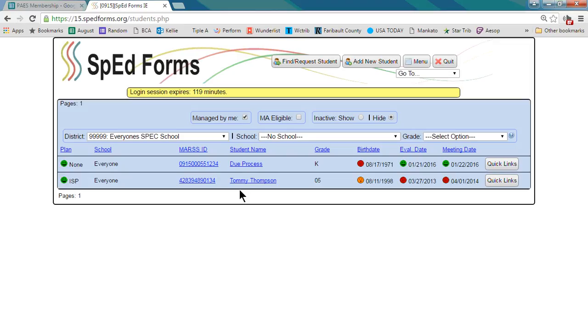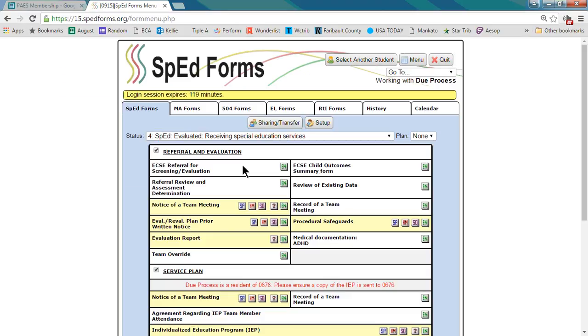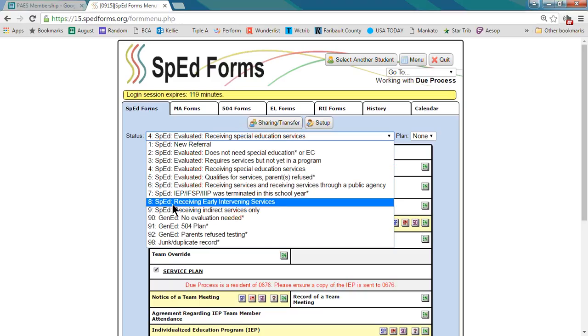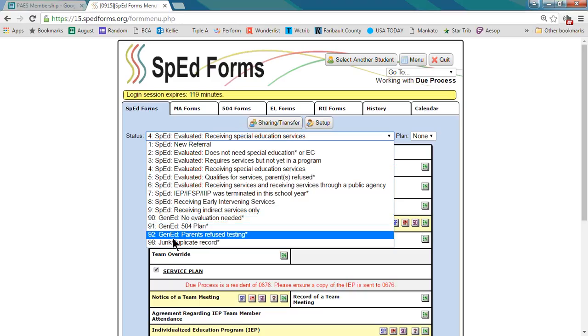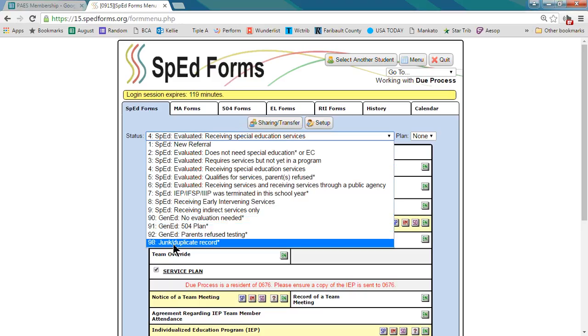You're going to click on the student's name. So this student's name is Due Process. You're going to click on Due Process, and up here under Status, you can select anything down here that says General Ed or Duplicate Record. The reality is it really doesn't matter what you select because we don't use sped forms for the purposes of MARS,